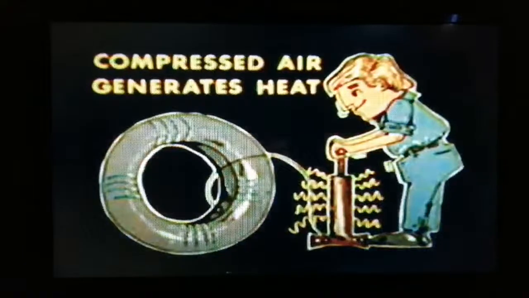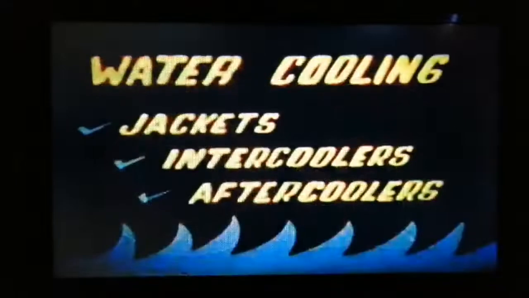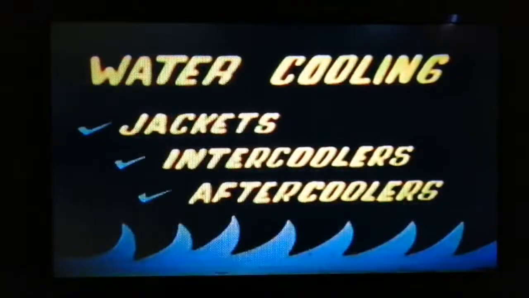Now let's turn our attention to cooling the air compressors used in the power plant. When air is compressed, as in a compressor, heat is generated. For example, the bicycle pump becomes warm when pumping a tire. Now, this heat of compression must be absorbed in some way because it wastes power. Small compressors are air-cooled. It's the larger compressors with which we're concerned, and we'll discuss 3 water-cooled methods of absorbing